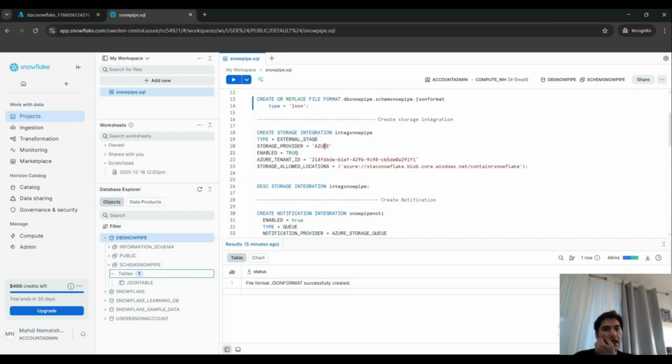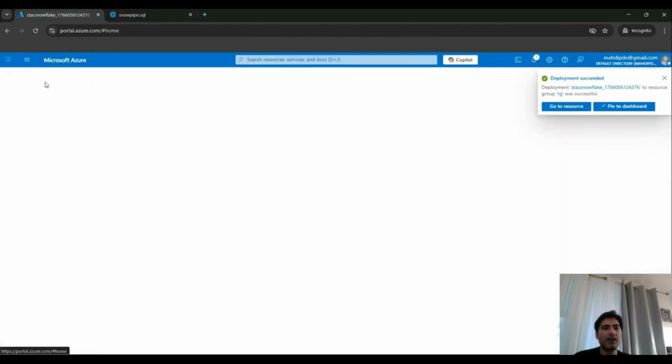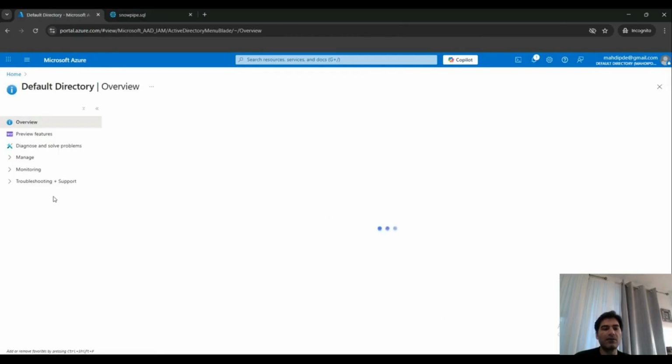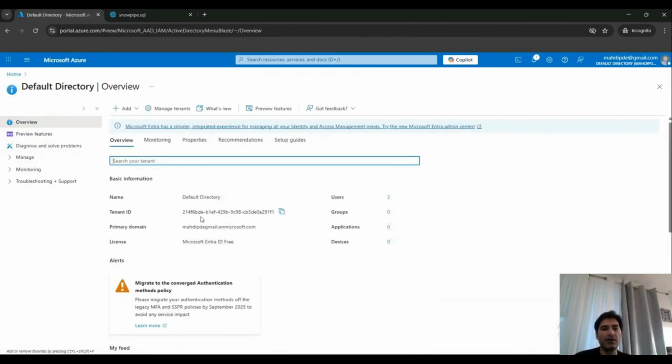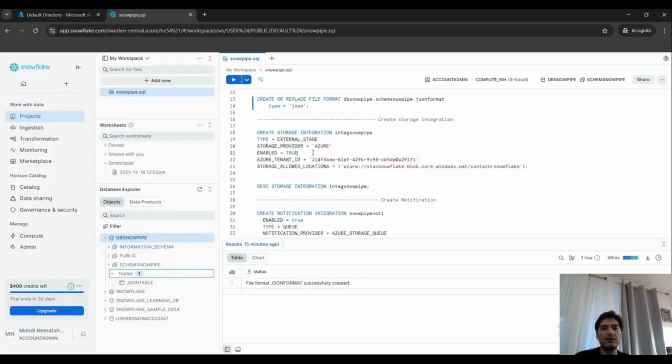Azure Tenant ID, you can find inside Microsoft Entra ID. In the overview, you can copy this and paste it here. And the storage allowed location is this URL that points to a container inside this storage